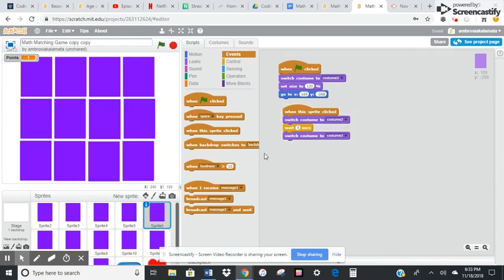And I have it set up with the basics that I just went over. So when this flag is clicked, it's going to switch to costume 1. It's going to make sure it's in the right size and place. And then when I click on it, see, was it this one? Yes. When I click on it, it's going to switch to costume 2, wait 5 seconds, and switch back. So now we're going to look at how to set up a variable so that we can get some points